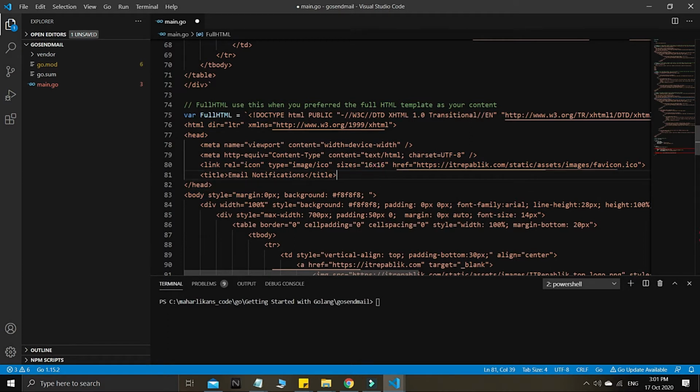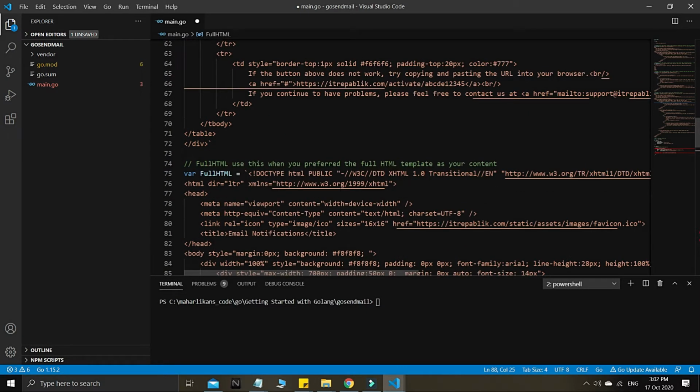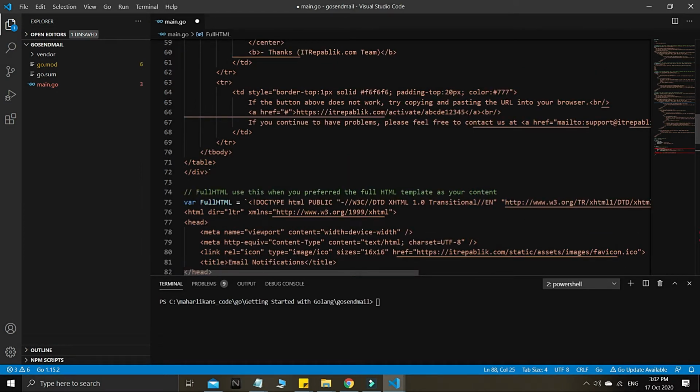If you want to do this email broadcast, guys, or something, like if you use this in your company to send lots of emails or email marketing, so you can just use this FullHTML, because these are all fixed ones. These are all fixed HTML here, all the static HTML. So it's a static HTML here,